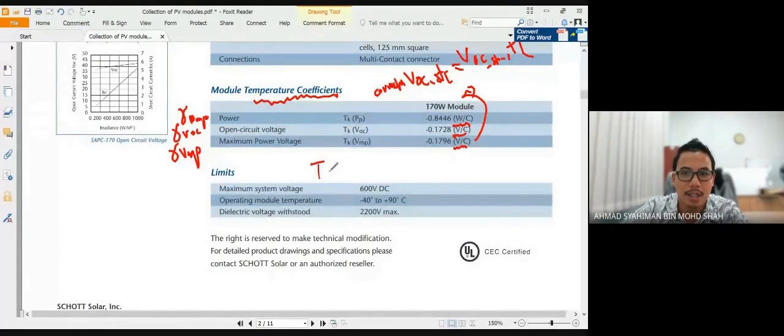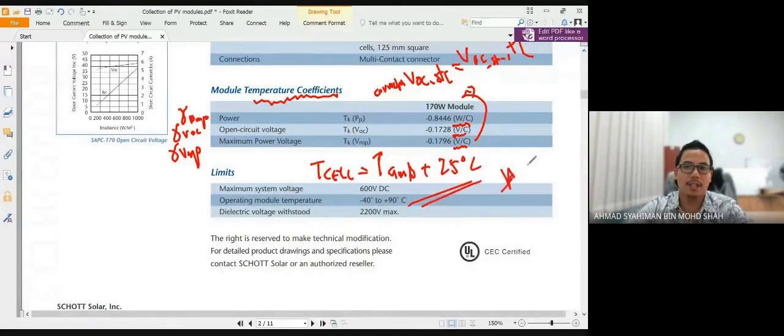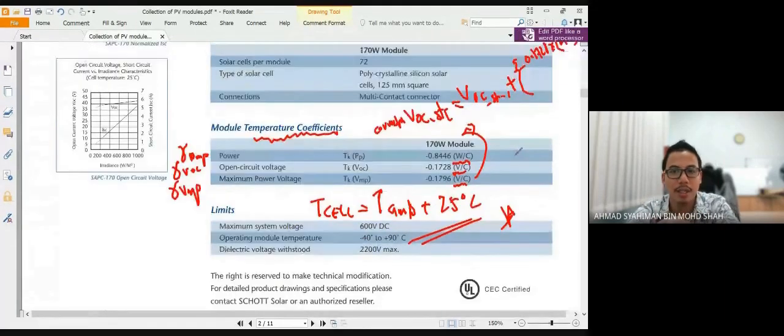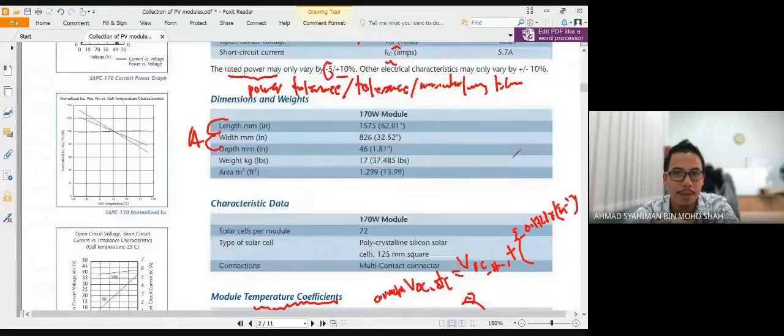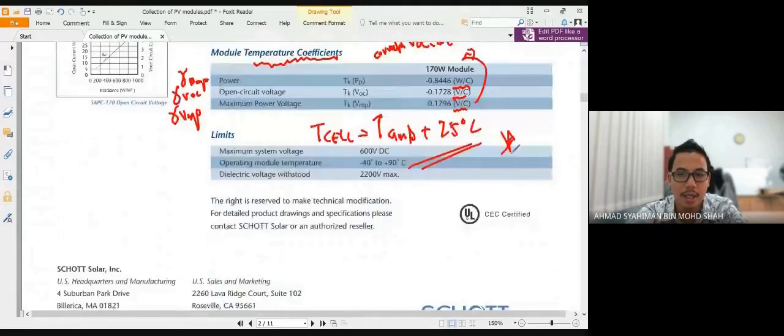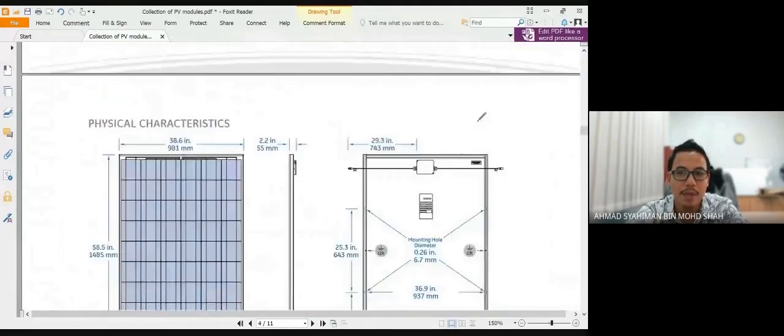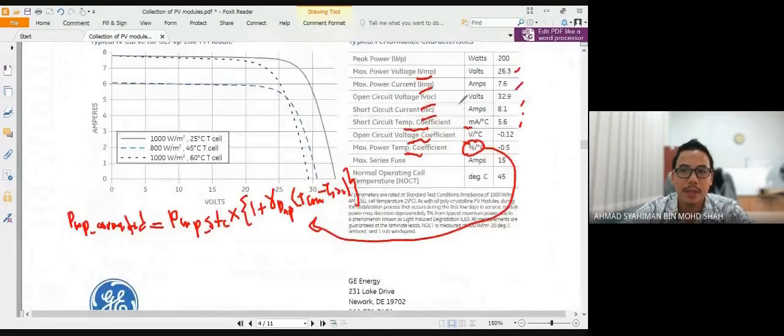Yang ni kita nak kira T-cell. Clearly the value of the velocity is not given. So macam mana kita nak kira? Kita terus ambil ambient 25 degree C terus. Selesai. Untuk kes ni sebab velocity tak bagi. Tak bagi kat mana-mana pun tak bagi kan. Okey. Yang ini velocity diberi. Ni velocity dia bagi nilai 45. Jadi ini kena kira lah T-cell